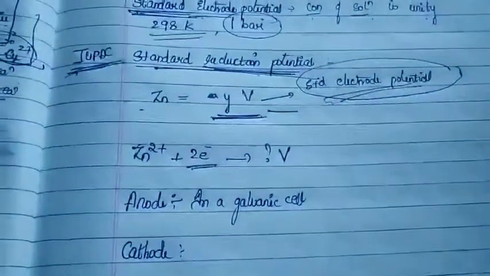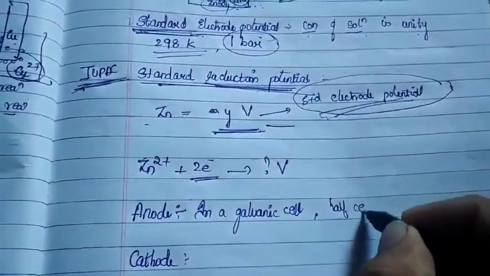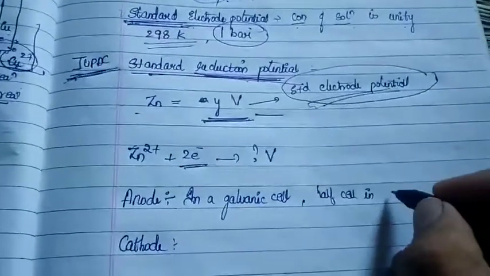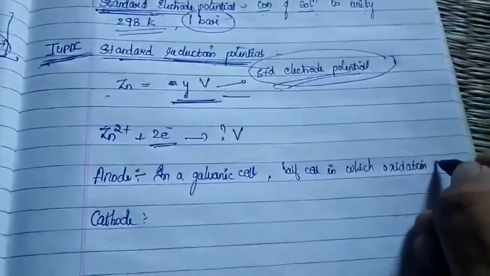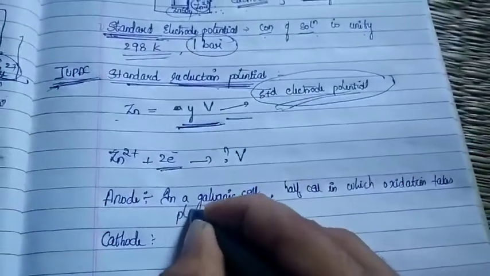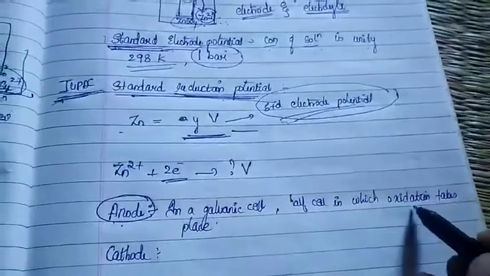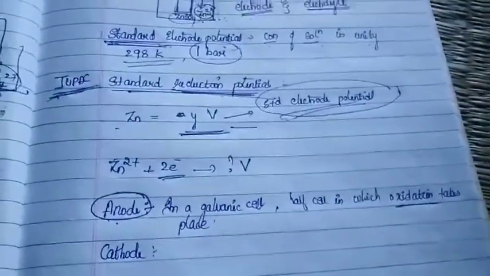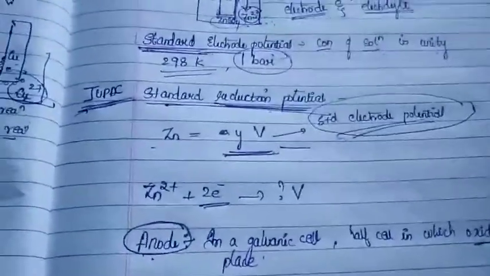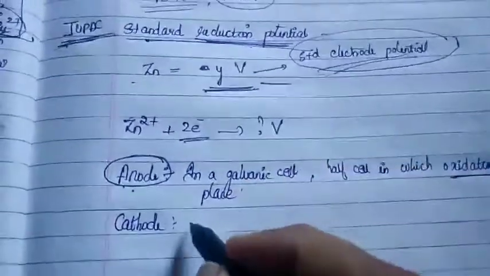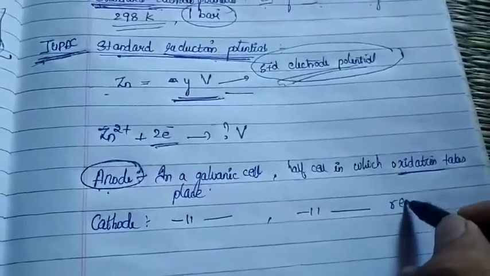So in a galvanic cell, the half cell in which oxidation takes place, that electrode is called as what? Anode. So that electrode in which the oxidation is taking place, in a galvanic cell, the half cell in which the oxidation takes place, that electrode is called the anode. Similarly, cathode: in a galvanic cell, a half cell in which reduction takes place,